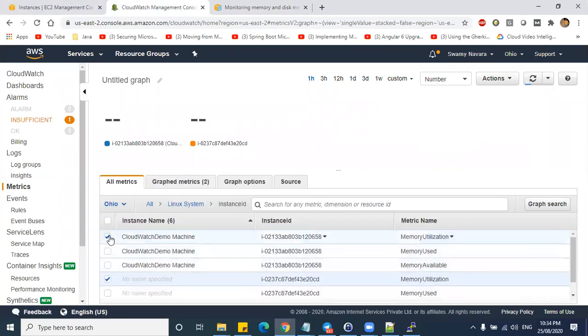Yeah, so let us remove this one, and this is the instance.